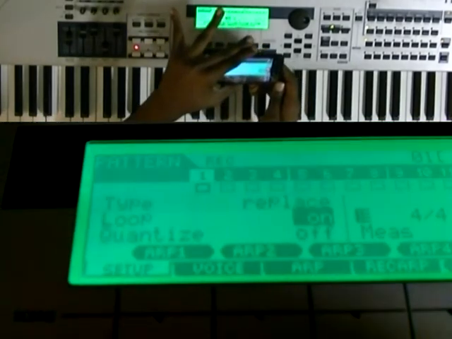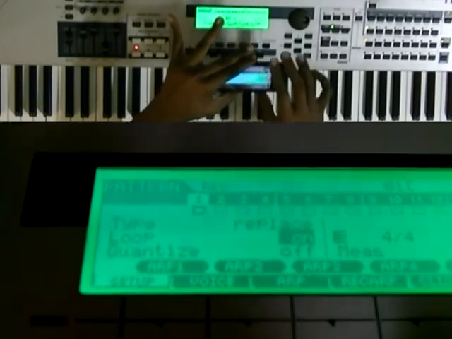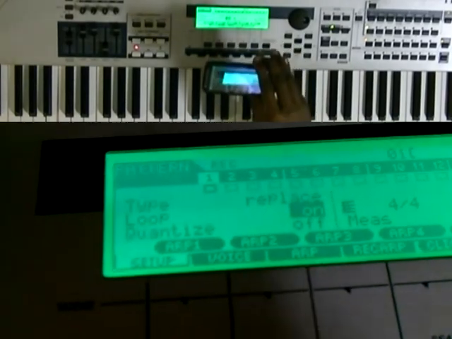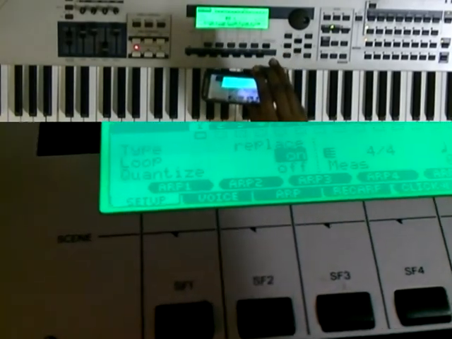Then below it there's the quantize. Quantize just basically means sometimes you might play one note off beat. The keyboard will try as much as possible to shift